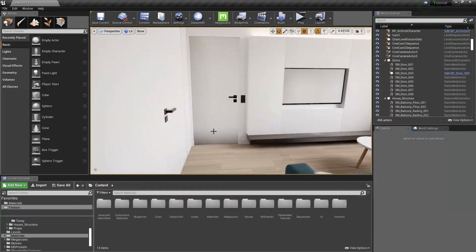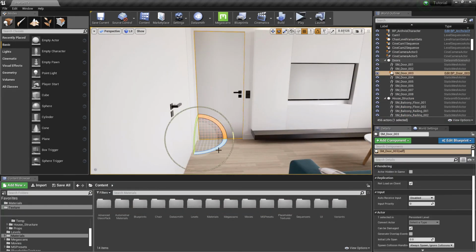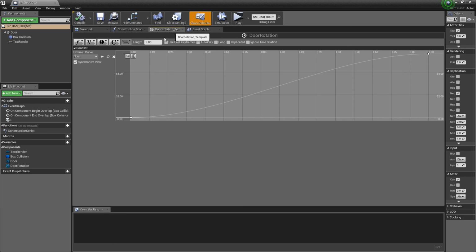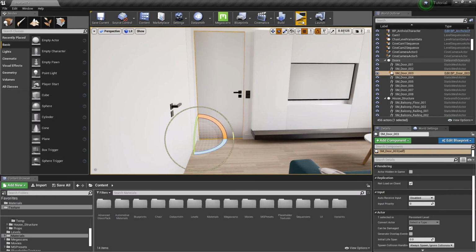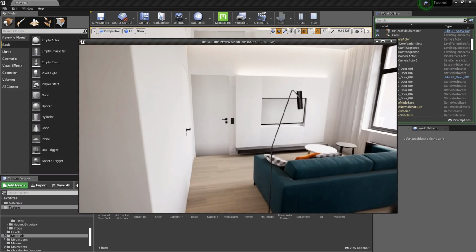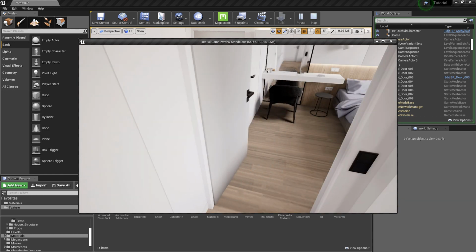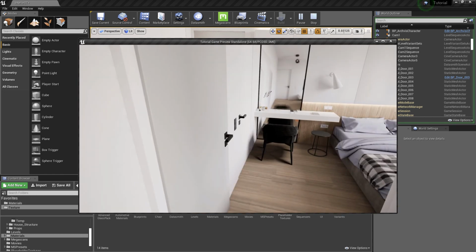Let's fix it now. Go to the blueprint and then the timeline, and for the second key change the value from 90 to -90. And it's working fine now.